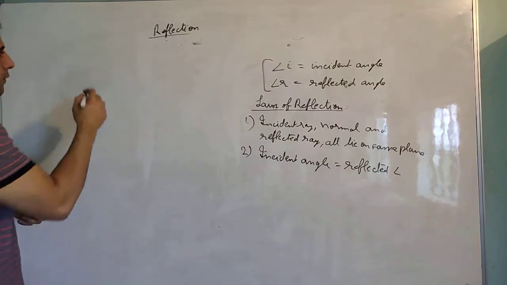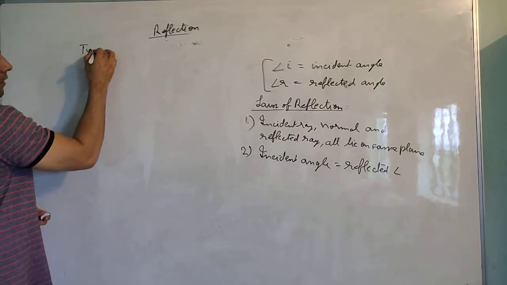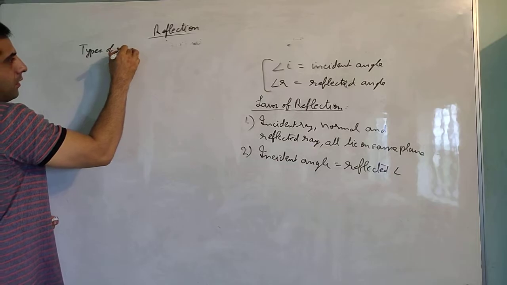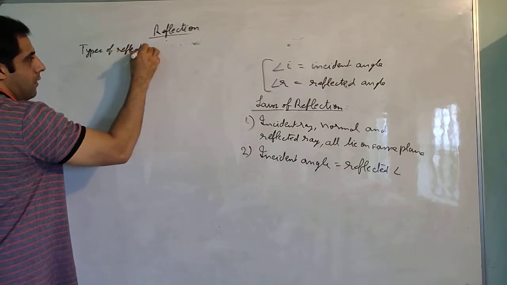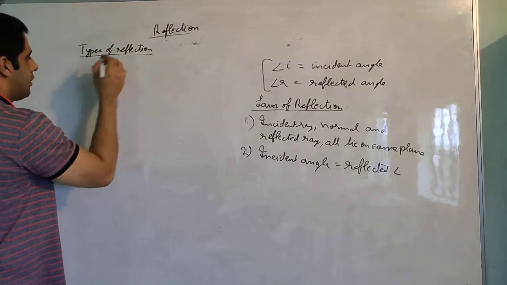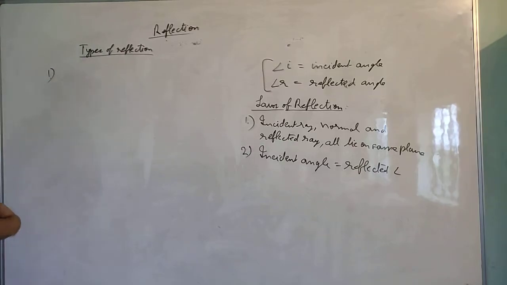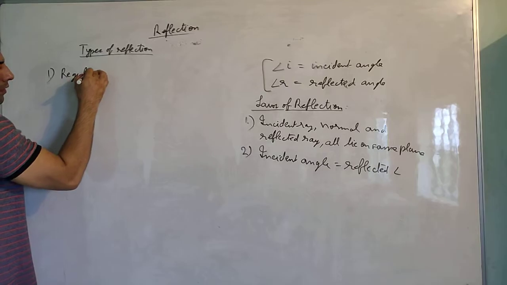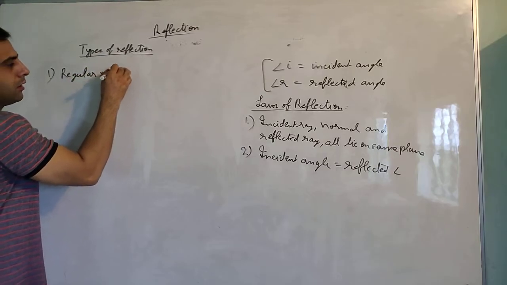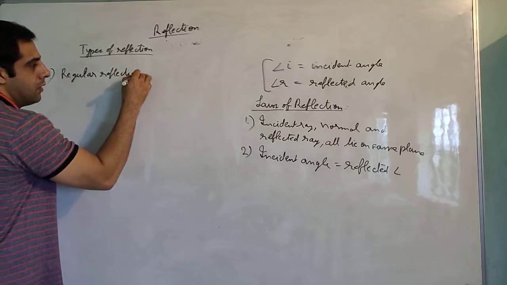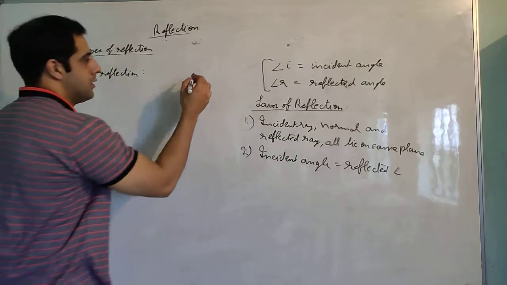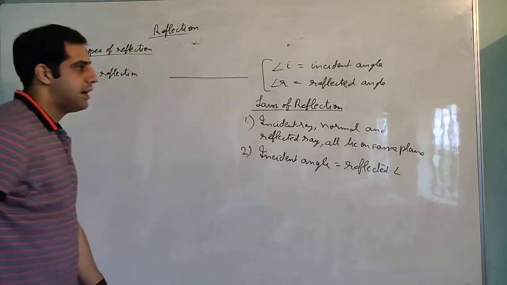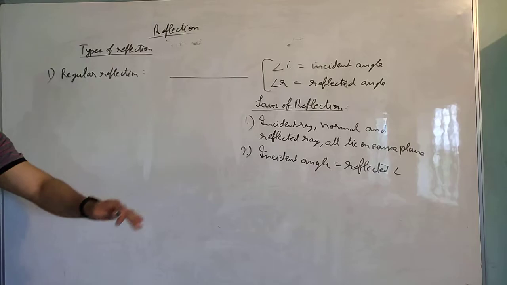The two types of reflection. First reflection is called regular reflection. Regular reflection means, suppose there is a plane, it is a smooth plane, let us say it is